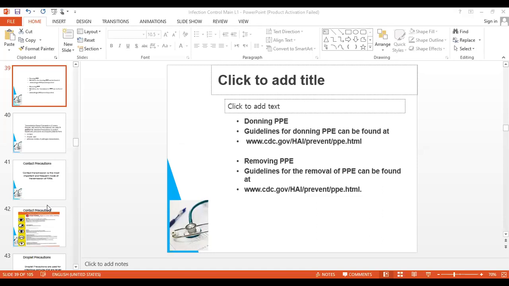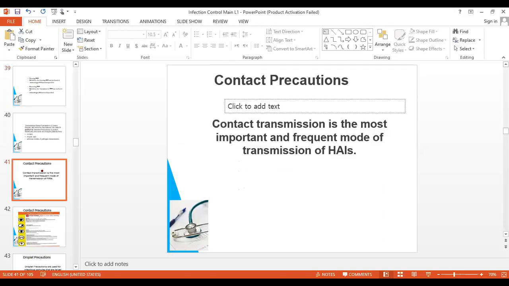طيب احنا we have talked about the standard precautions قلنا اللي يتم تطبيقها في كل الأحوال و assuming all persons and all people inside the hospitals and everywhere is a source of contamination, a source of infection. نيجي بعد كده ل specific precautions يعني مرتبطة أكتر أو more precautions ارتباطها أكتر بالحالة أو بالوضع بتاع المريض.